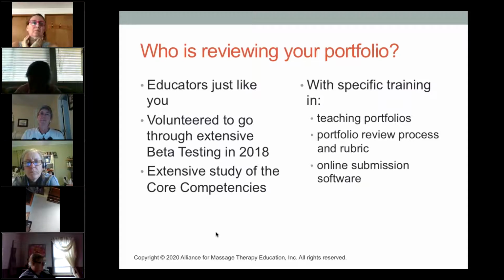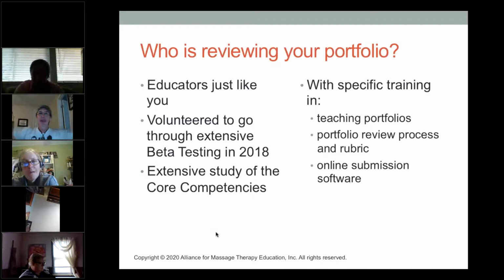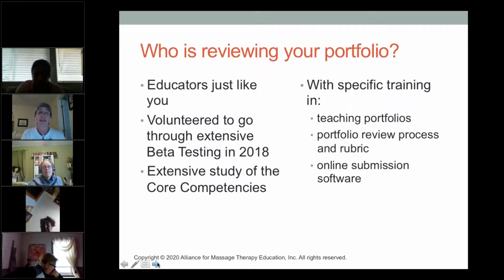So folks that are used to doing what you do, standing up there in front of the classroom, taking the hits when it's difficult, being amazing when you're amazing, and understanding what it means to be a good teacher, what it means to meet these standards of teaching and learning. So they're doing what you're doing. They just happen to have gone through this with us to really understand what they're looking for in the portfolios. So